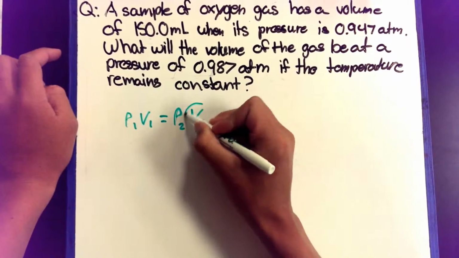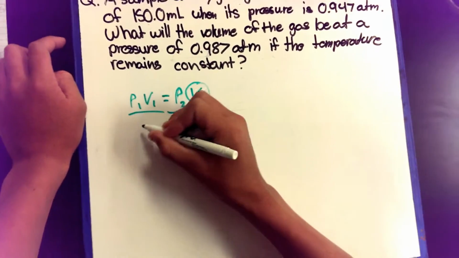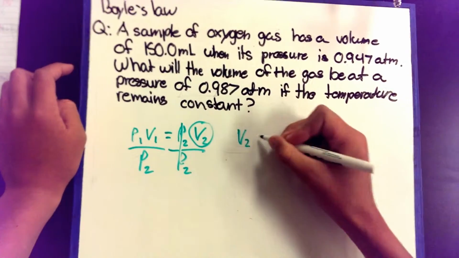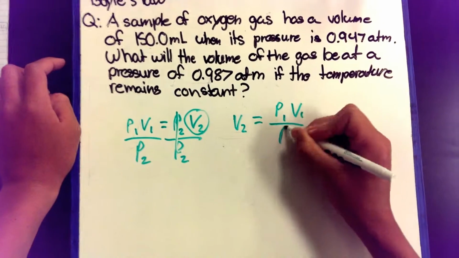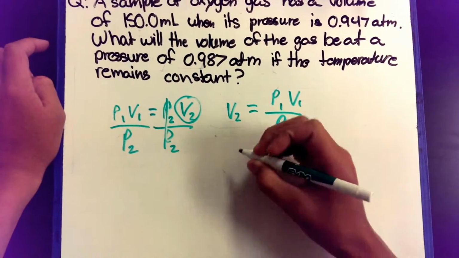And we're trying to find V2, so like algebra, divide P2 to each side. So then the equation becomes V2 equals P1 times V1 divided by P2. And then you're going to plug it in. So it will be